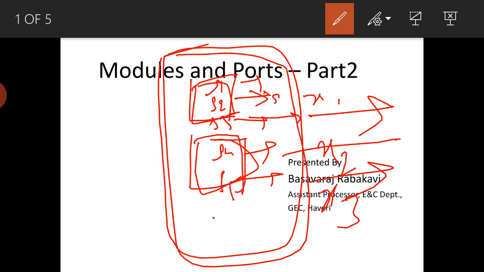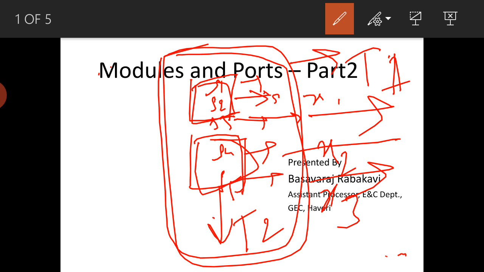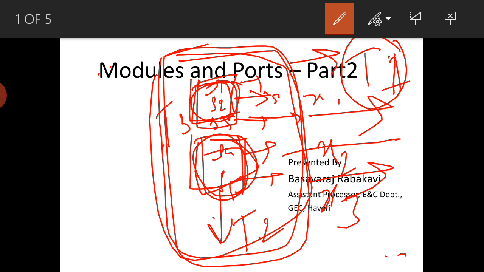Suppose this module name is T1 and these module names are T2, T3. In T1 I want to instantiate, that is, call, the T2 and T3 modules. T2 and T3 will be called or instantiated within the T1 module.